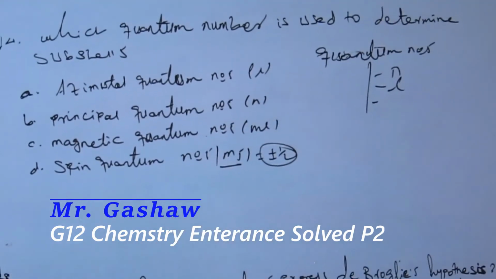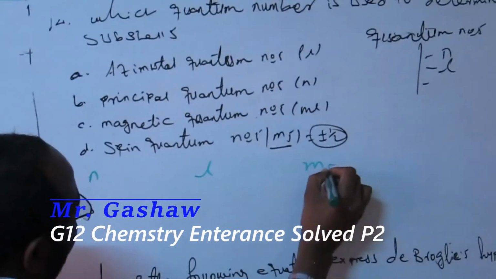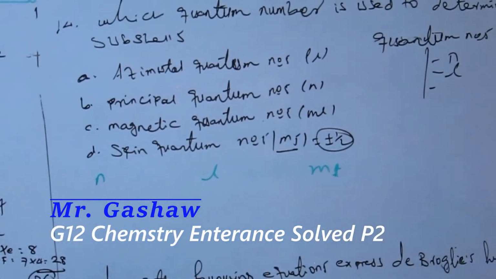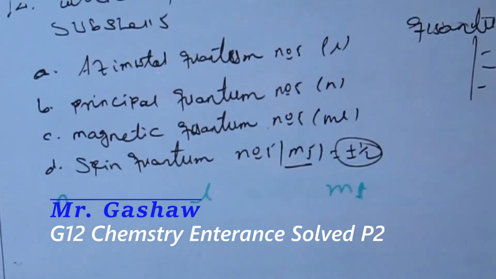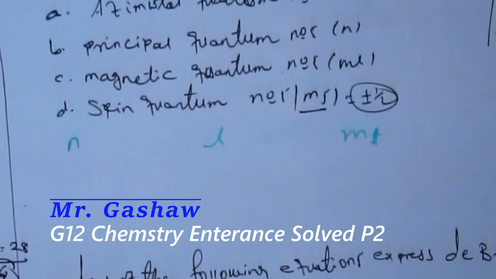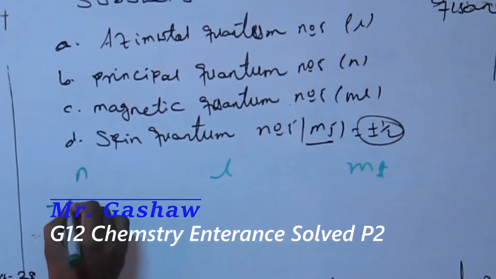When we come to the principal quantum number n, and l and ml, let's talk about these three. That means the principal quantum number, azimuthal quantum number and magnetic quantum number. When we come to the principal quantum number, it determines the number of what